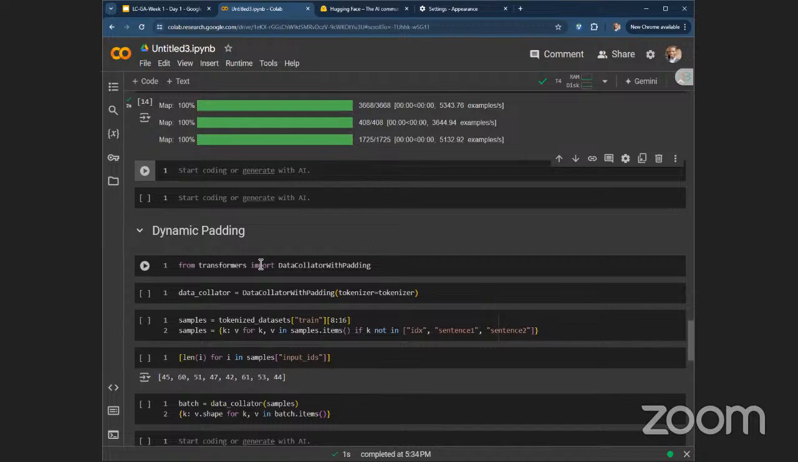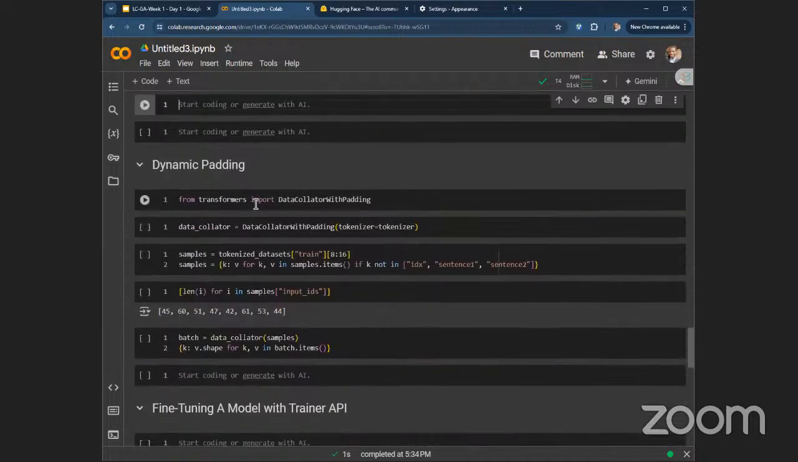Now you can move on. And now we're going to go into the dynamic padding. So in dynamic padding, I explained that